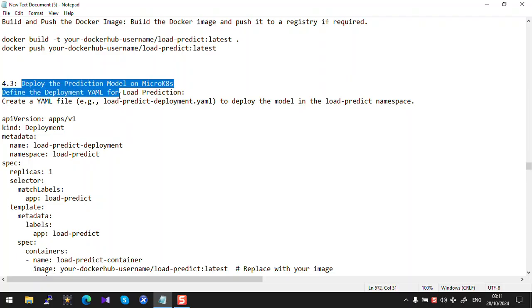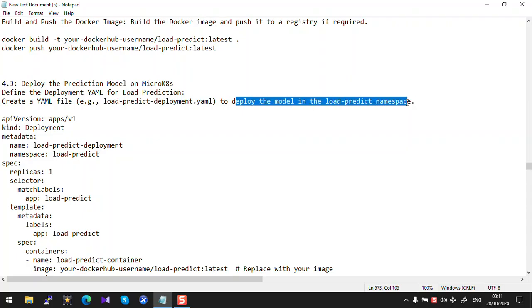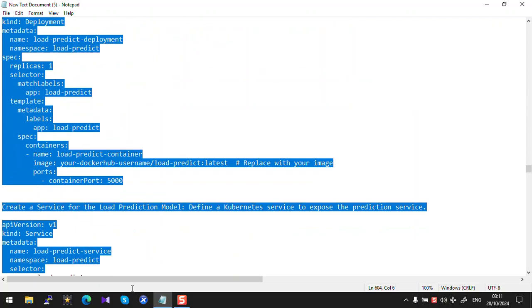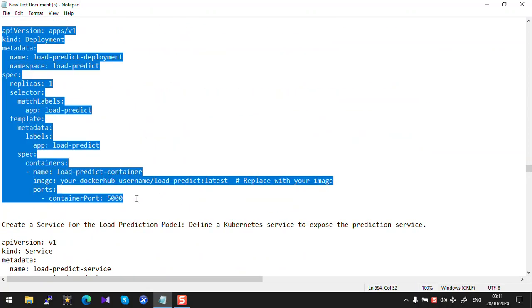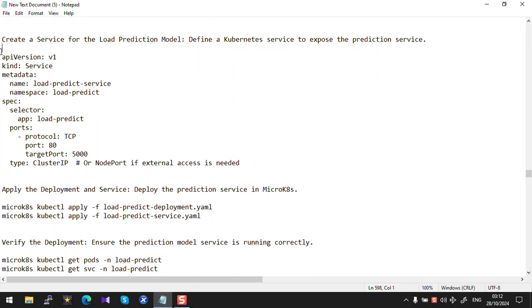Deploy the prediction model on microK8s. Define the deployment YAML for load prediction. Create a YAML file, for example, load predict deployment YAML, to deploy the model in the load predict namespace with this script, and create a service for the load prediction model. Define a Kubernetes service to expose the predict service with this script,